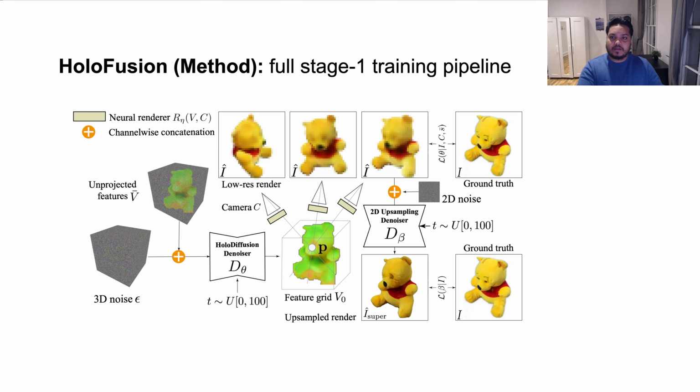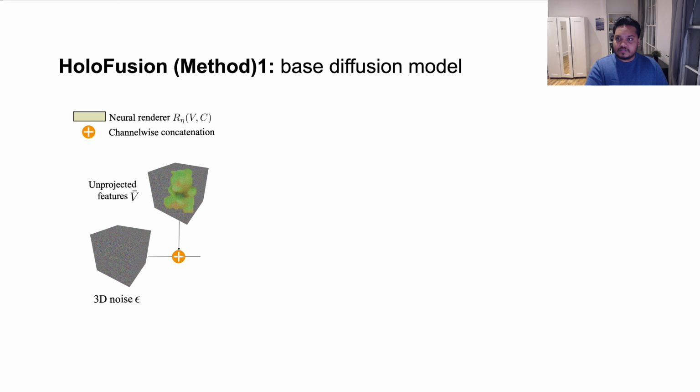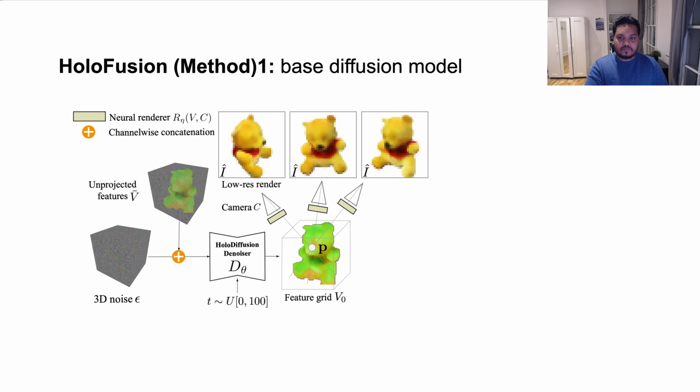Here is the full pipeline of the HoloFusion training algorithm. Let's go through this one step at a time. As a first step, we construct an approximate 3D feature voxel grid V-bar using the source views. Slightly different from the HoloDiffusion method, we concatenate these V-bar features with 3D noise for the first pass of the denoising instead of adding them together. This concatenation is then input to the base 3D diffusion network d-theta, which predicts the features for the clean and fully formed 3D feature grid V0, following which we render some target views